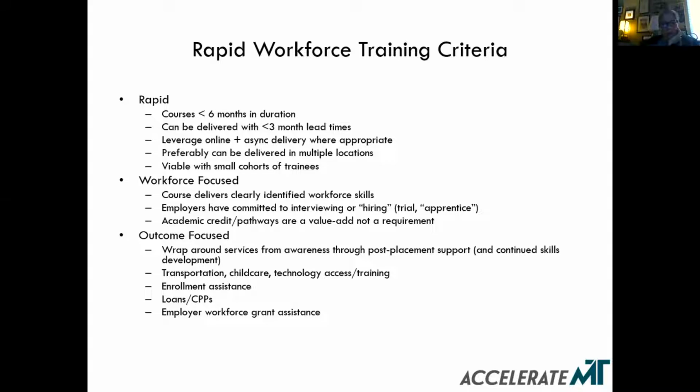In terms of rapid workforce training criteria, we are loosely, well, I'd say relatively tightly defining it as training programs that would deliver a training outcome in less than 6 months. So how do we get someone in potentially much shorter than that? I'll talk a little later. Many of you are probably aware of the Job Site Ready program, which is a good example of rapid training. That's 45 hours of training, not necessarily consecutively, but it's 30 hours of online, 15 hours of in-person, on-site training. So it could be something as relatively short as that.